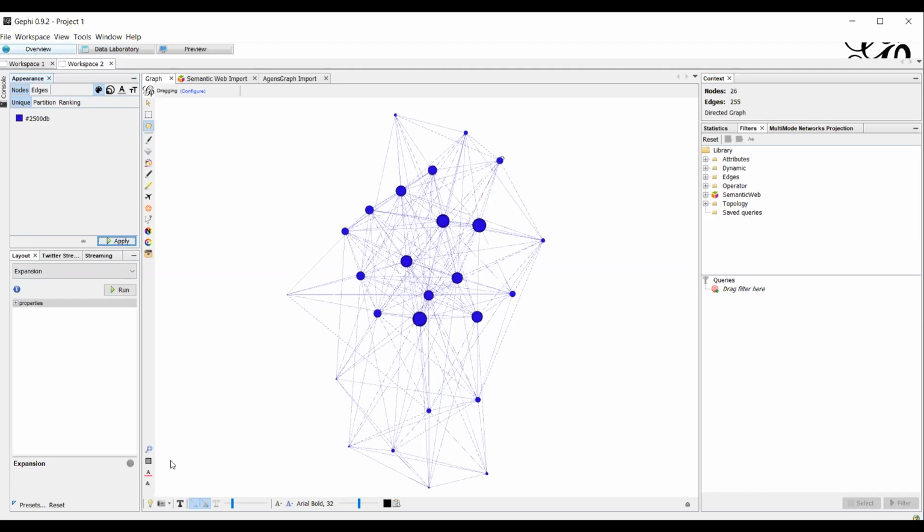We might want to turn the label on so that we can know exactly who this person is. So in order to do that, we come to this pane and we adjust that. But before we do that, so that we can have all the data that we need, it's very important for us to